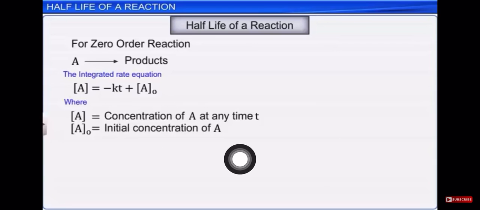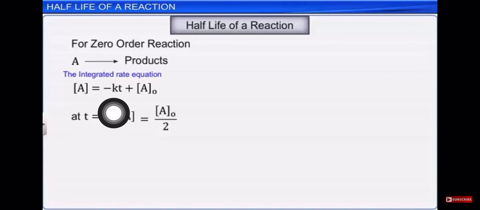Now in this formula we want the half life, right? So we will take time equal to half, and from its initial concentration it is going to become half. So we need to convert this initial concentration into half. At time t equal to t half, that is when half of the time is considered, t will become t half and A will become A initial by 2. This result only we have to find out.